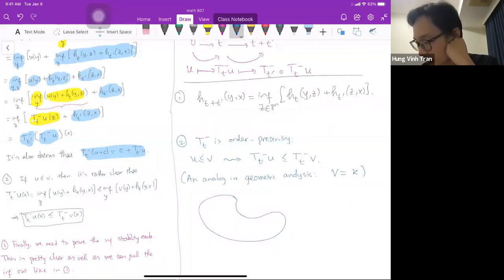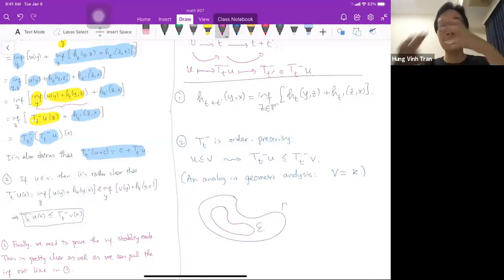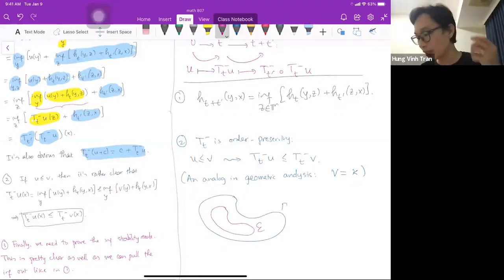You start with gamma, and it encloses the other manifold, like epsilon. If gamma encloses epsilon and you let the two evolve with respect to the motion by mean curvature going inward,